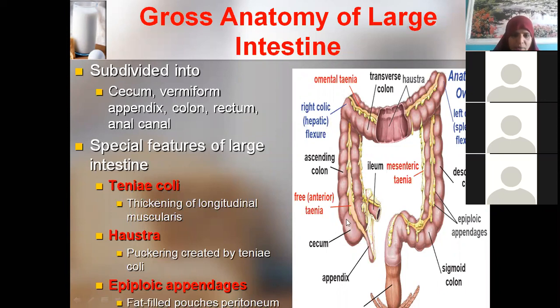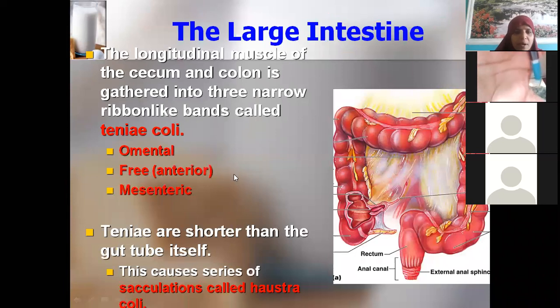Okay. Now I told you we have some puckering. Puckering means as though it is round, like this because of the thickening of this tinea coli, longitudinal muscle. You call this puckering, which is actually produced by tinea coli. And what is the name given to this puckering? Haustra. Okay, then I told you we have certain things which are hanging downwards, which are fat filled pouches of peritoneum. What is the name we have given? Epiploic appendages. Okay, appendices epiploicae is another word which is used in our textbook.